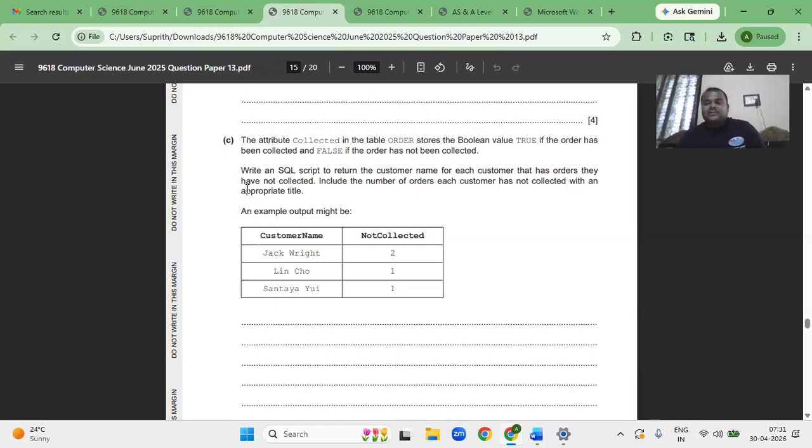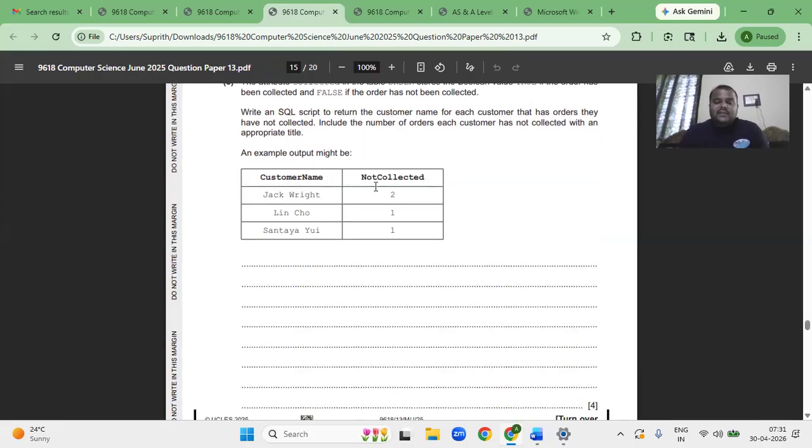Not collected means it should be false. Include the number of orders each customer has not collected with an appropriate type. Now for example, Jack Wright has not collected two orders. Lin Jia has not collected two orders, and another has not collected one order. Okay, now we can write the